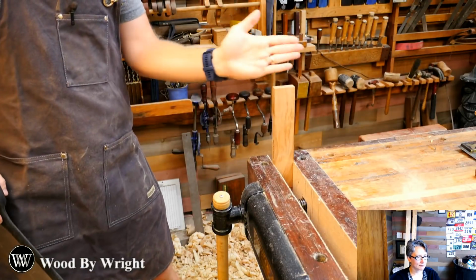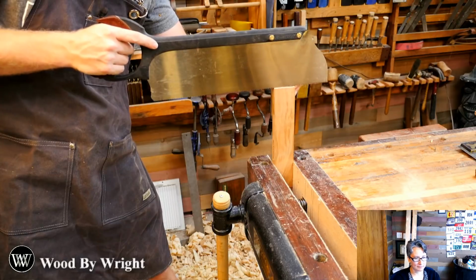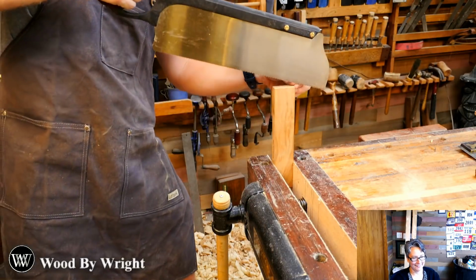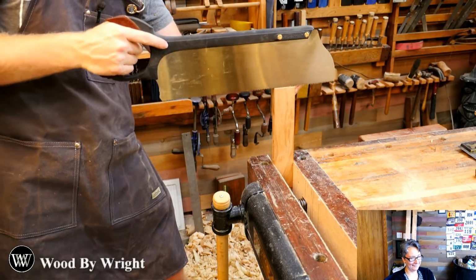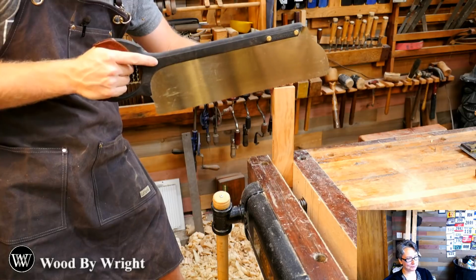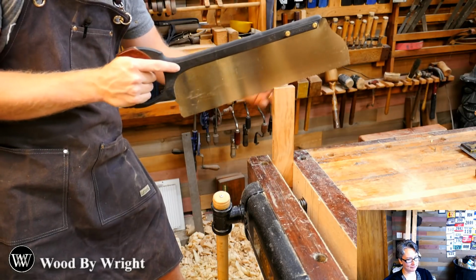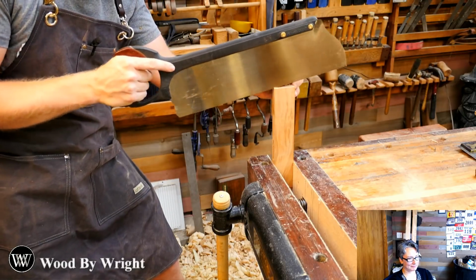This is going to be the tenon, so I need to make sure I'm staying on the outside of the line. I'm going to start with a nick. Now the other problem I have here is because I want to save this corner, I don't want to start nicking in on the far side here and cutting down the far side at all. So I'm actually going to reverse my process and start with the heel down, which feels very weird for me, but it's good practice. And once I have a small nick right there that the saw blade can rest in,